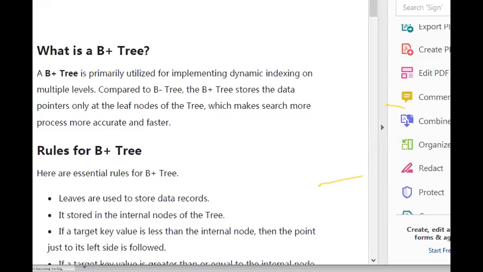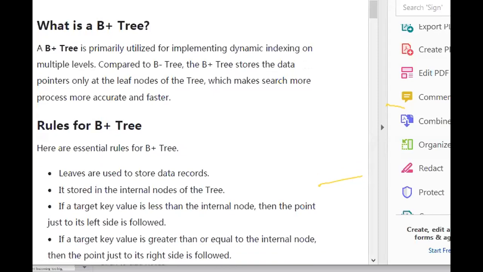Okay, so due to pointers at all the leaf nodes, the search becomes faster in B plus tree in comparison to B tree. So if anyone asks you, given a tree, you have to search for a particular element, which approach will you use, either B tree or B plus tree, for faster and efficient search? Your answer will be B plus tree, since searching is faster in B plus tree. Why? Because they use pointers at the leaf nodes.